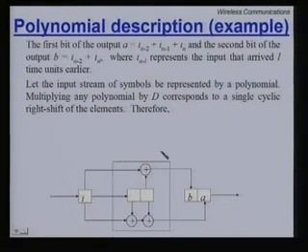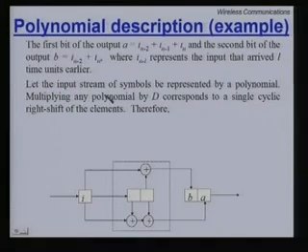So, in this simple diagram that we have been using as an example, A and B, let these two be the two output bits. So, A can simply be represented in terms of I and the delayed versions of I. If you look at the logic, A is nothing but I n minus 2 plus I n minus 1 plus I n. Whereas the second bit B is nothing but I n minus 2 plus I n for any input bit.